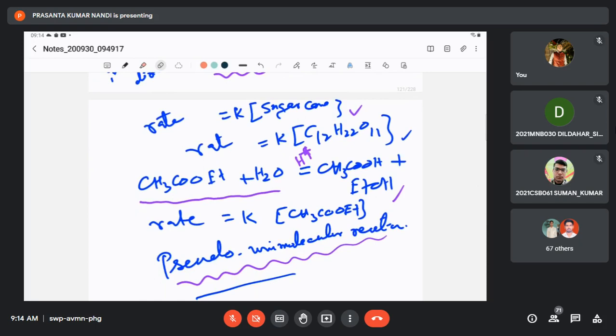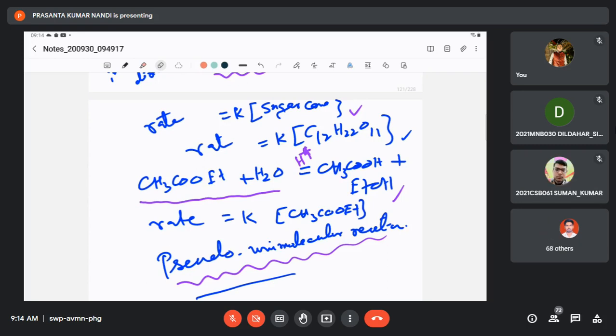That we discussed in the last class, that is hydrolysis of ethyl acetate in acid medium. It produces acetic acid and ethanol. And for this reaction also, look, although two reactant species, water and ethyl acetate, that is ester, take part in the chemical reaction, but in the ultimate differential rate equation, we see that only the concentration of ester is involved, right? So concentration of water is not involved in the rate equation.